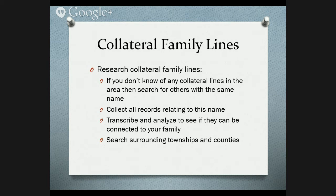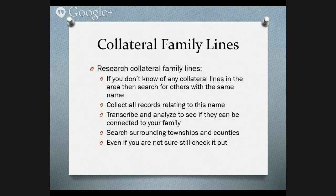And searching surrounding townships and counties. It's easier if you've got a surname like Clegg. It wasn't that common, but if you've got Smith, it's going to be a lot more difficult, and you might want to start narrowing it down and then expanding with more information as you find it. And as I said, the FAN research,